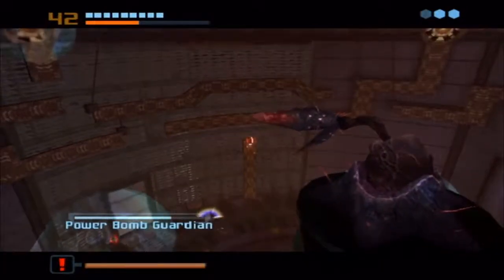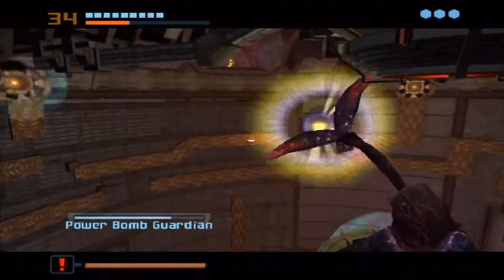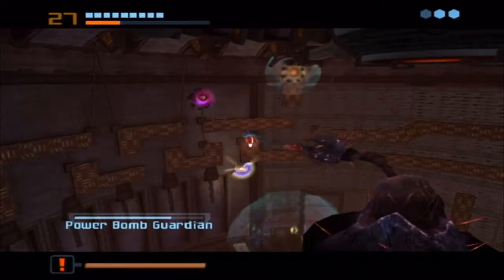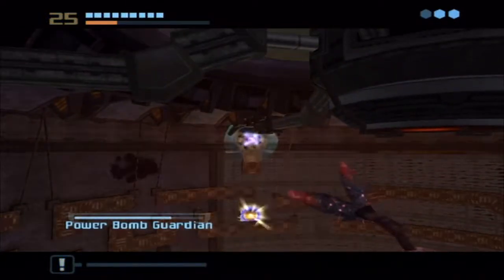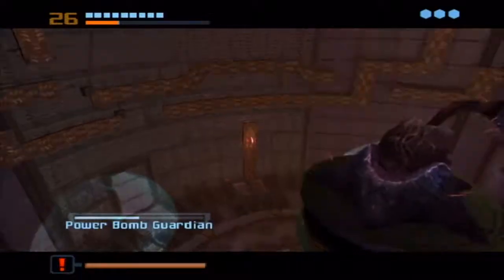He will shoot power bombs at you, and they do have a really big radius of effect. If you see one land right next to you, best advice is to probably just stay away from it. Try to get out of it as soon as possible. I'm trying to get out of it. Okay, get in here. There's four bomb slots